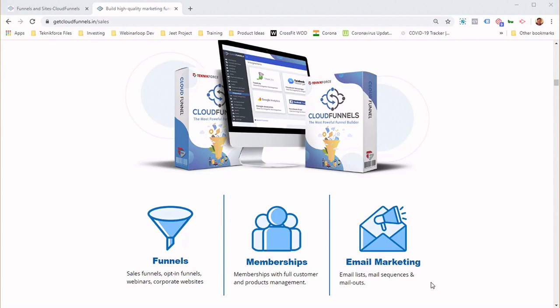And if you've got a huge website, a lot of customers, a lot of traffic, you can independently host it on your own server. And if you want mission critical reliability, you want your funnels to never go down, you want to make sure that your ad budgets are always used and your ad dollars are never wasted, you can host it on mission critical systems from Google. It supports Google hosting on GCP, on App Engine, which is very inexpensive and infinitely scalable. So you can host it on App Engine using an inbuilt integration. We have an inbuilt integration inside of CloudFunnels to help you host it on GCP, on Google Cloud Platform.